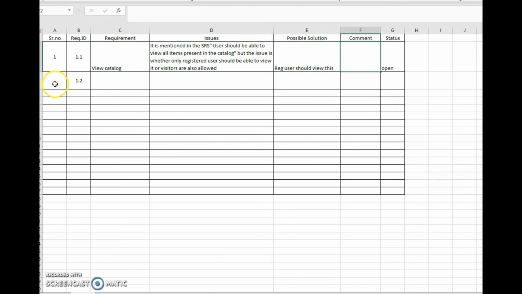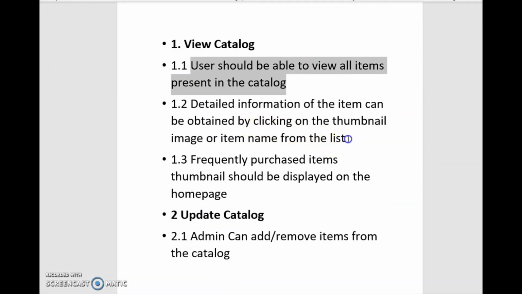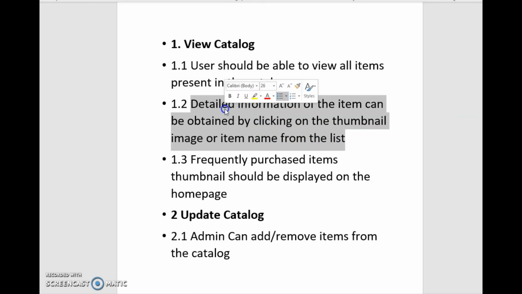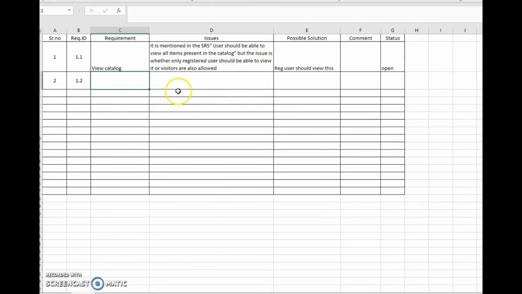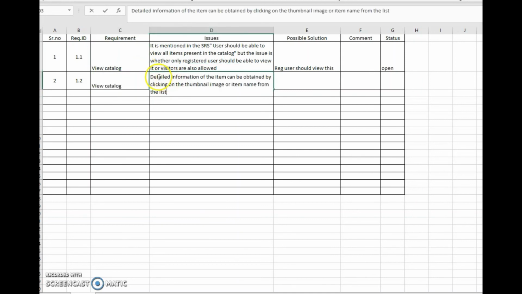Now let's say there is one more issue in 1.2: detailed information of the item can be obtained. So I'll just copy it here. Again, this is the same thing, the view catalog functionality. Yeah, we have to do a lot of copy paste.